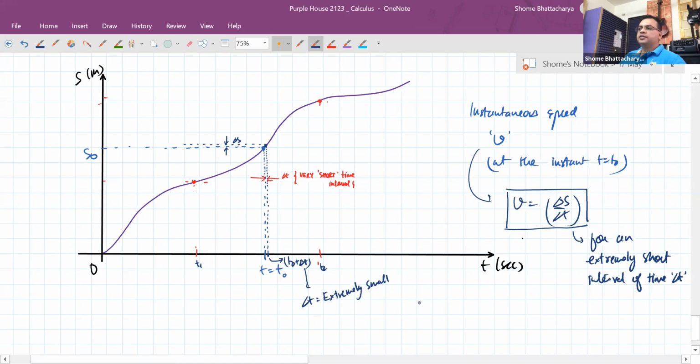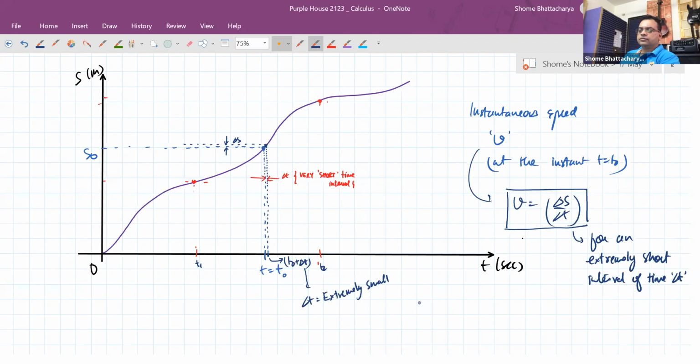So for example, in the analog method, we need a speedometer which is able to measure the rate of rotation of the wheel, and from that back calculate that during one cycle of the wheel, how much distance it's traveling. Or we need a speed gun which has an infrared sensor, so it is able to map the motion of a moving object for a very, very short interval of time. Whereas calculating average speed is not at all that difficult. You just need to keep track of what the total time of your journey is, and by some method you should be able to measure the path length, that is the total distance.